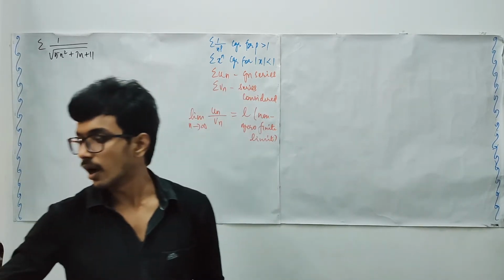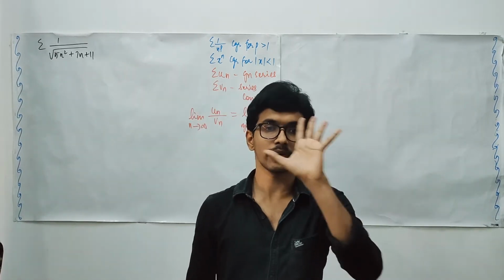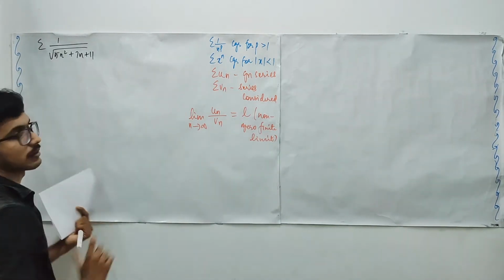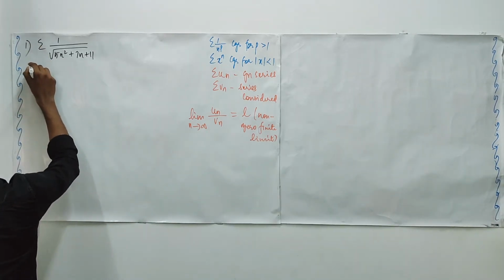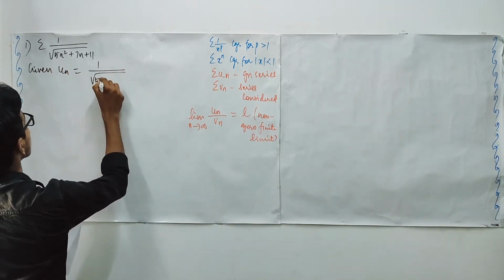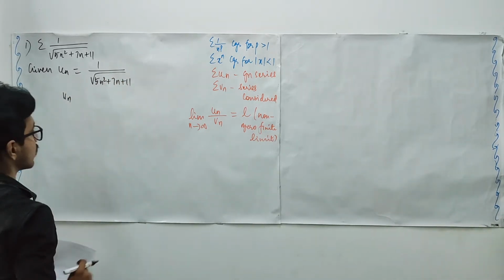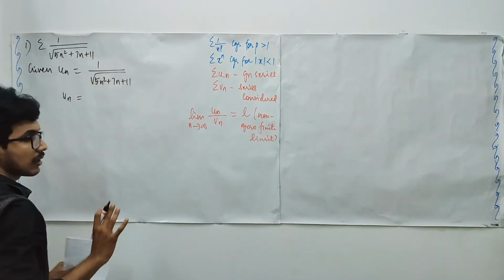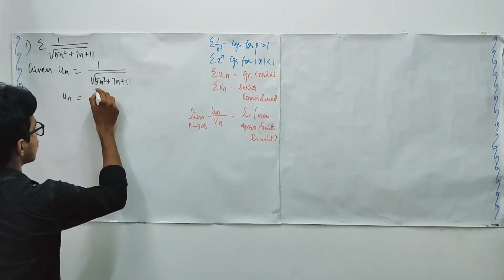Right? This will be the better one to work with. So how are we going to select the summation vn is the question. For that, look for the highest power of n in the numerator as well as in the denominator. Here we are given that your un is 1 upon under root 5n square plus 7n plus 11. We will have to select vn. vn can be 1 in the numerator, since we do not have n there, we just have 1.